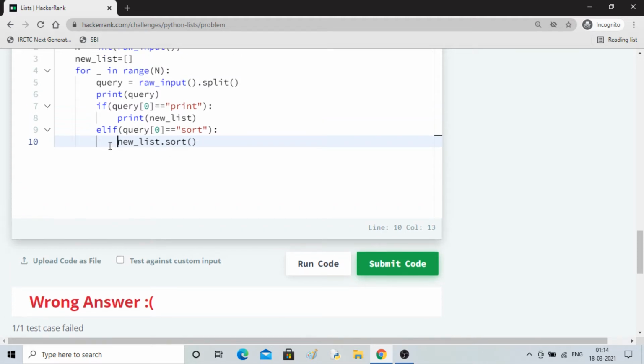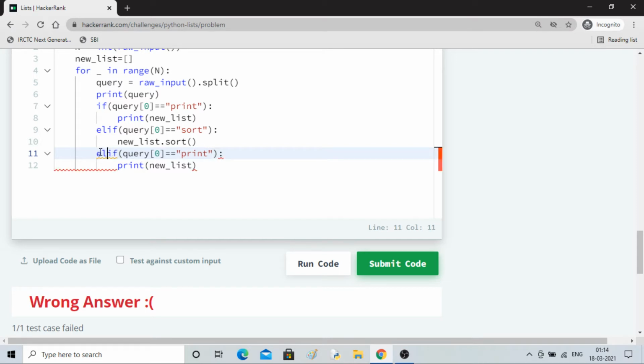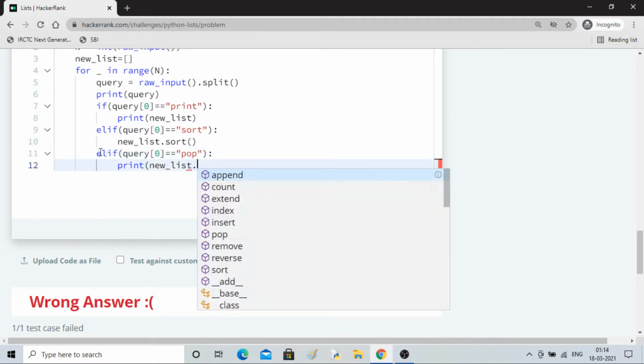So similarly we can do the other commands: reverse and pop. We'll do elif, and this is pop, so we have to use dot pop.